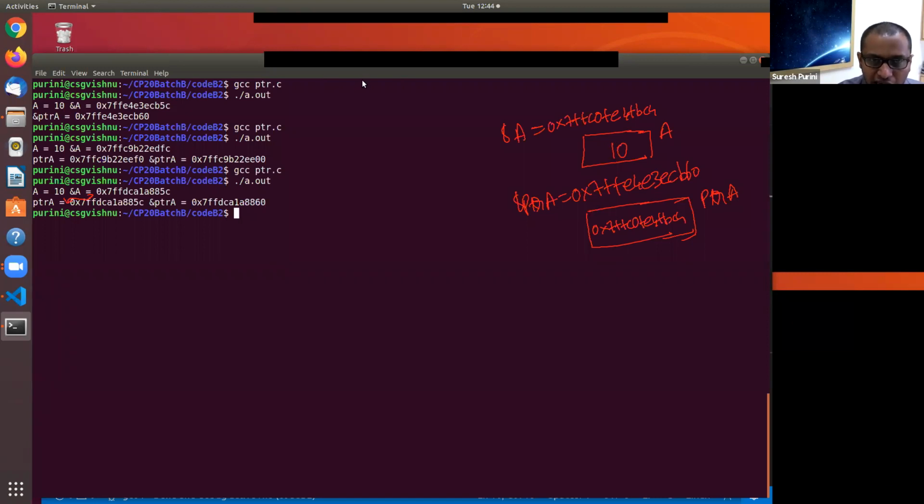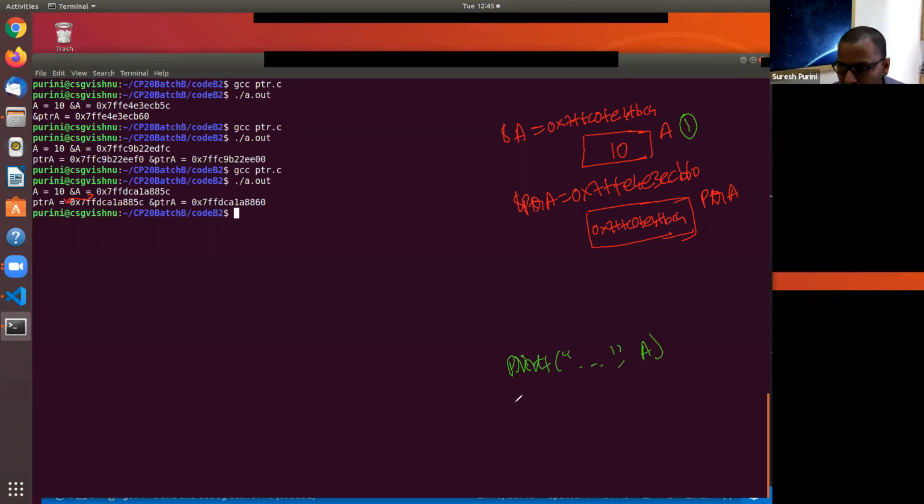I want to recap all these ideas once. The first idea is this. When we do printf A, what do we get? Whatever the value stored in A, that is 10.